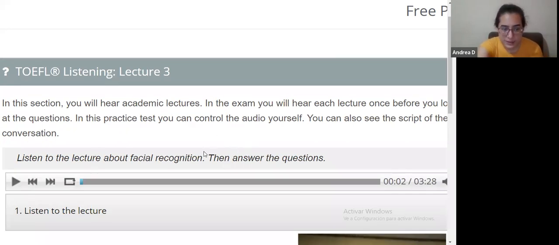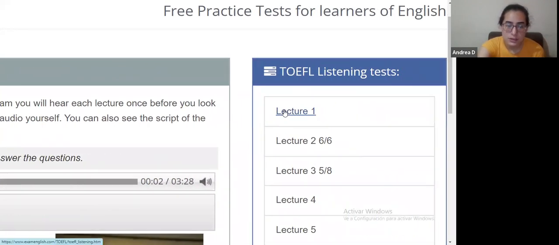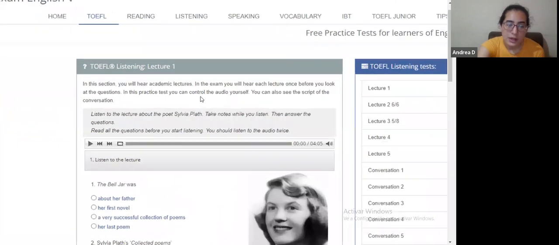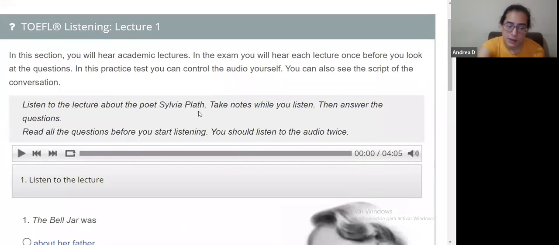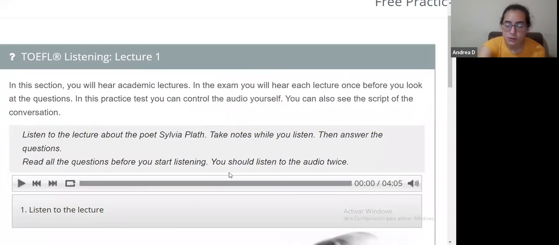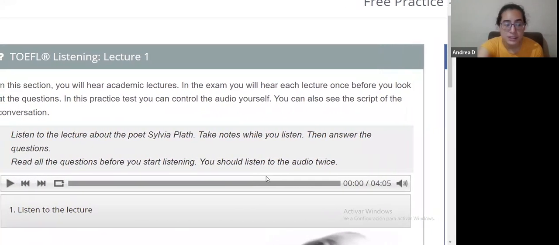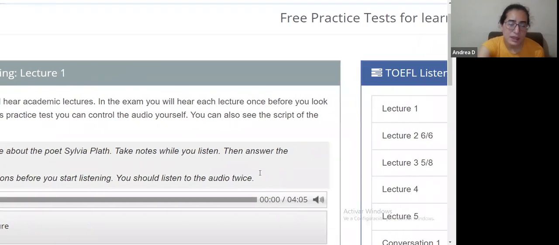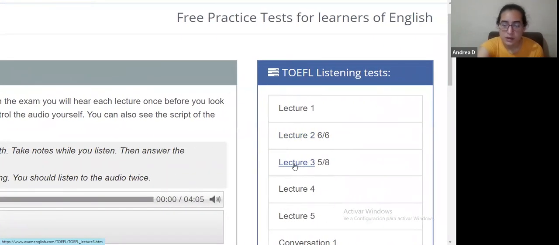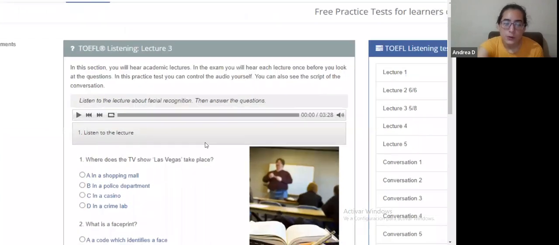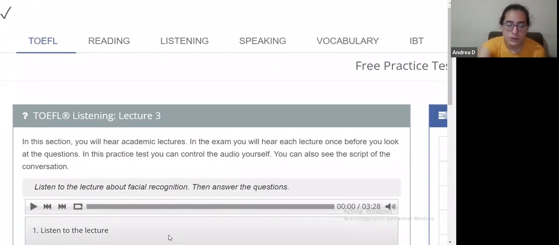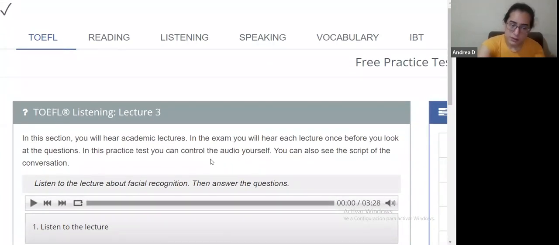Like from what I've seen in some other lectures, for example, here on this website, which I'll send the link to, the first one was a biography, and it was just so much information, so many details, so many dates and names. It was just hard to keep up. And there are others as well. They could be other topics. So little by little, step by step, you should try to practice taking notes, listening, and then answering questions, and you'll get used to it. Okay.